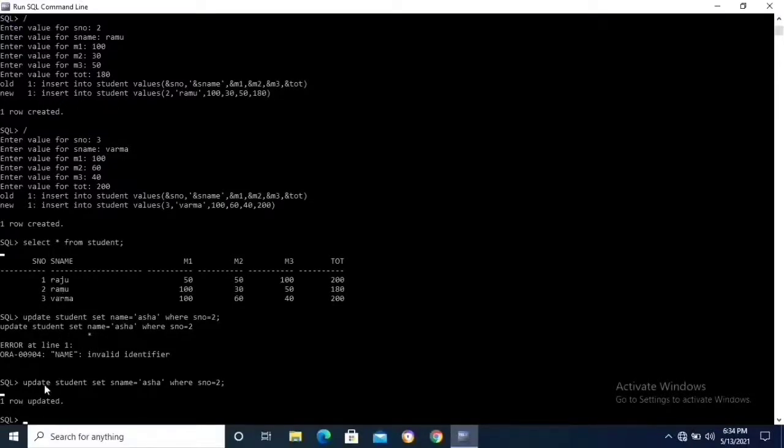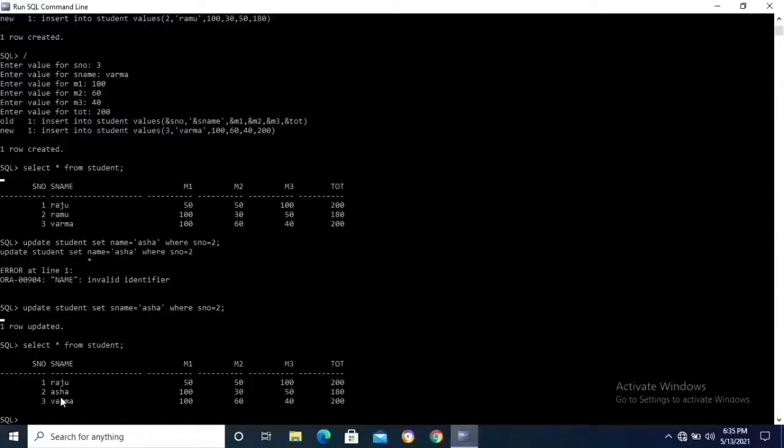I changed it; I updated the name to Asha. Okay, open the table. Select star from student, semicolon, enter. So the name is changed. The second name is Asha. First I entered the second name as Ramu. After the update command, the second name is Asha. Okay. This is the update command. Next.